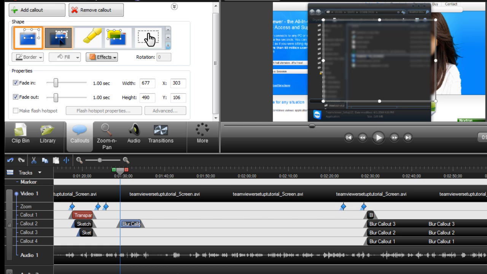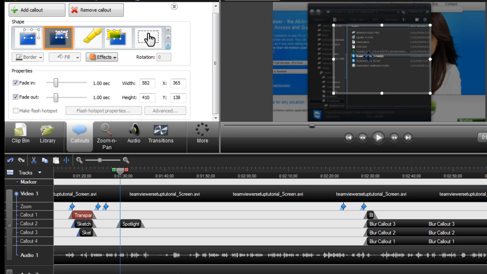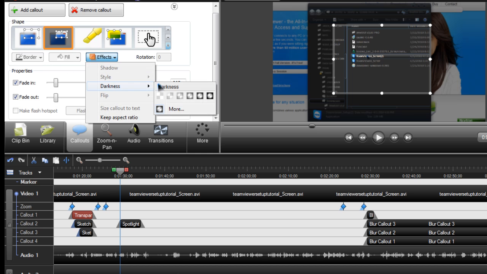So next we have spotlight, which is the opposite of highlighting. It darkens everything except for what you want. Simple. Again, you got the darkness amount. You could